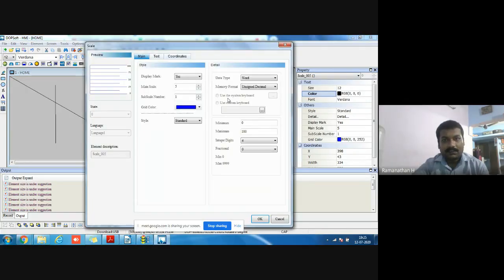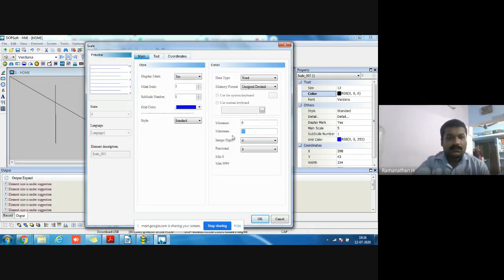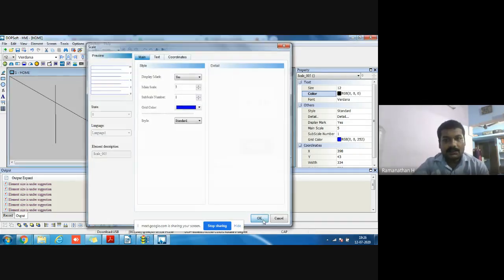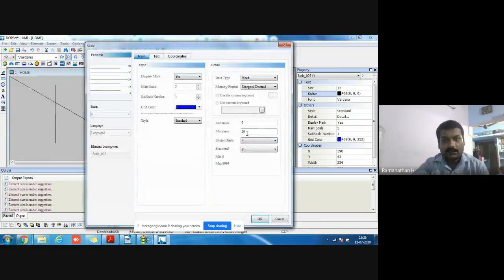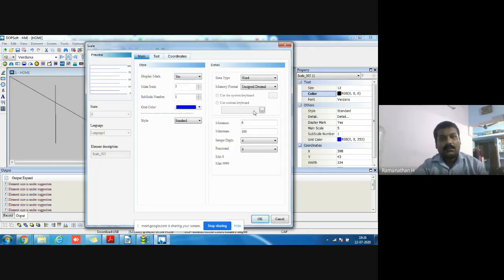And here you set the measurement values also. 0 to 10 means 0 to 10. 0 to 50 means 0 to 50. 0 to 100. So find the measurement settings.